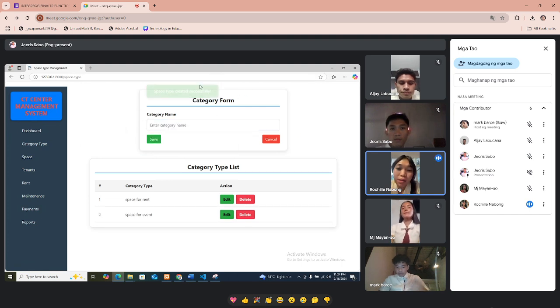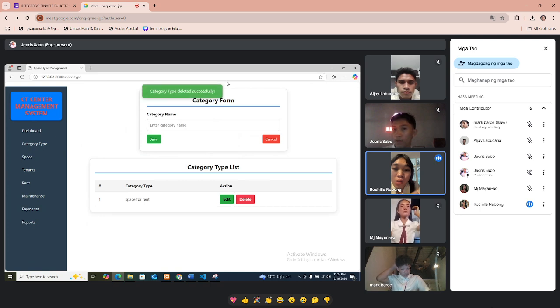It's successful. If you want to delete space for rent because it's not available, click delete. It says deleted successfully.